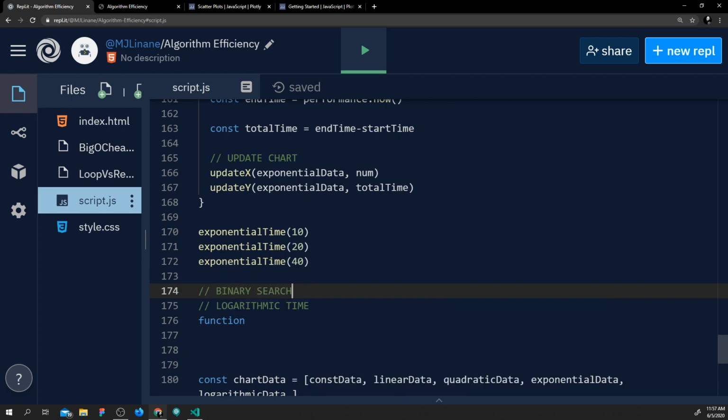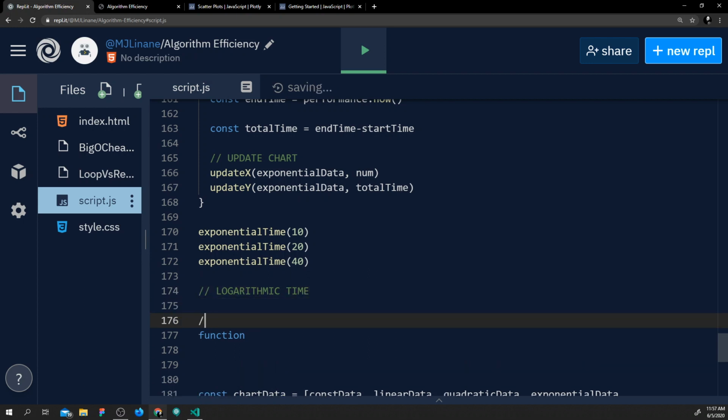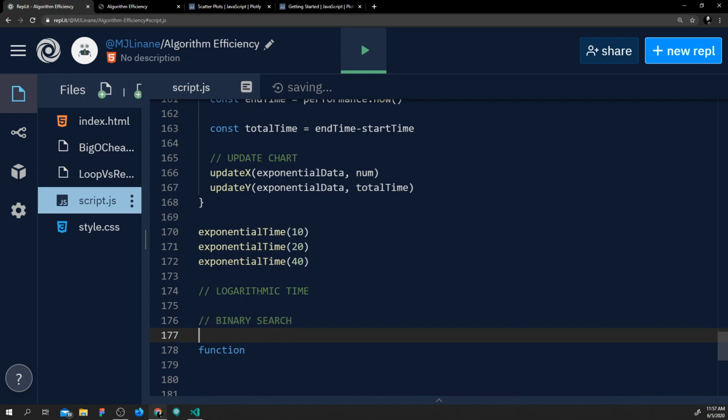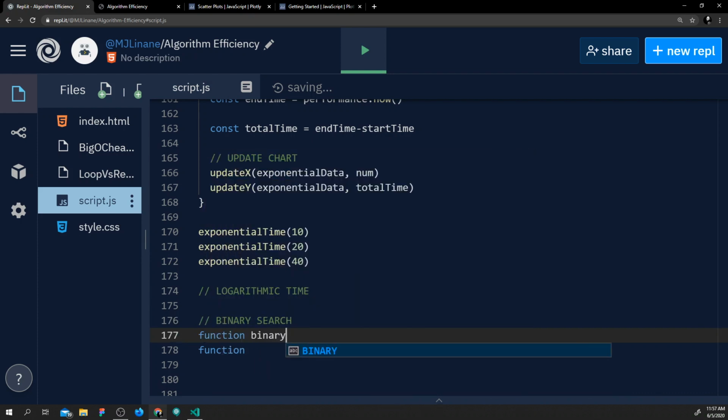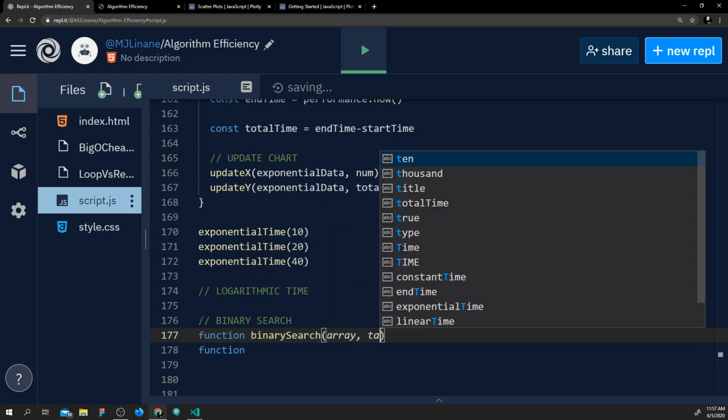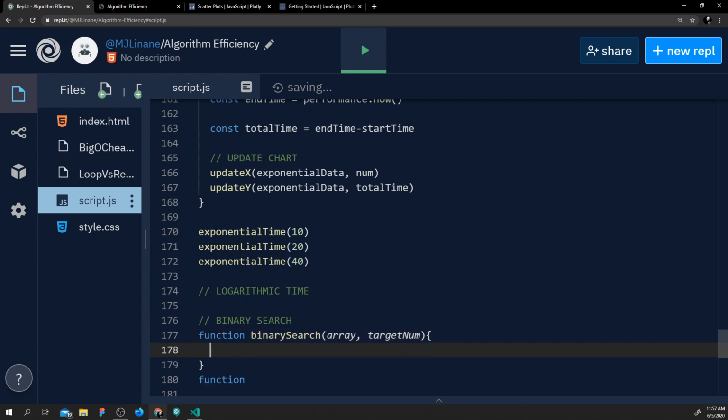I'll just add this below. Binary search. And our binary search function, we had an array, we have a target num, and then we had